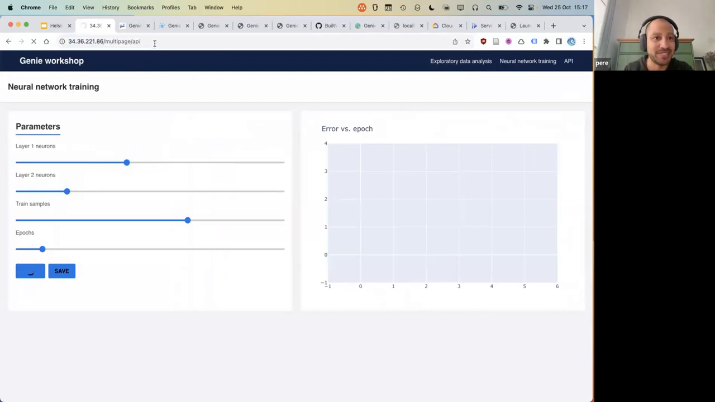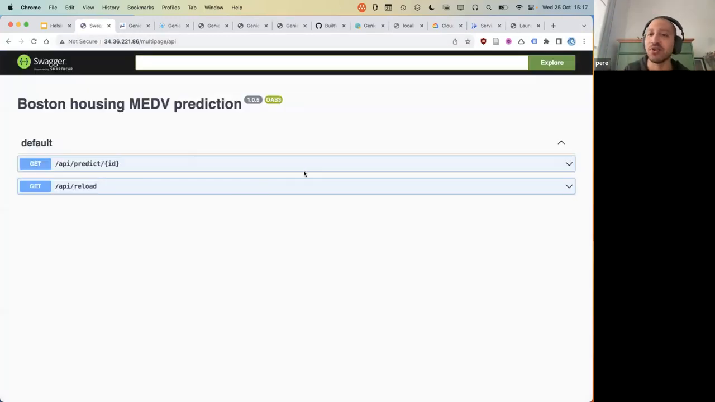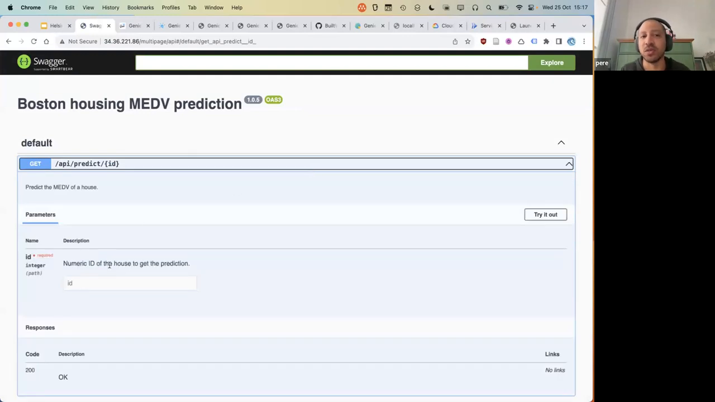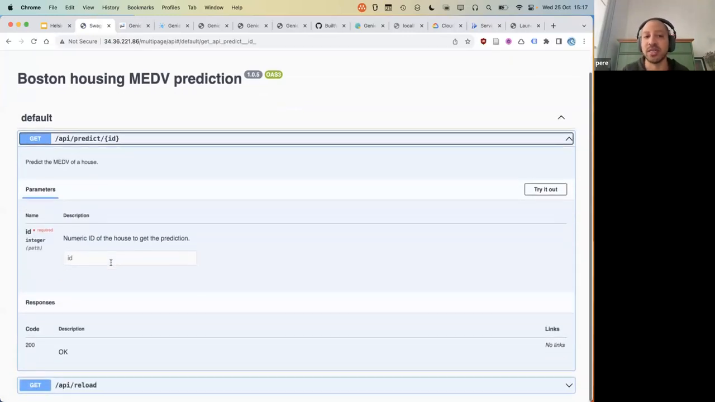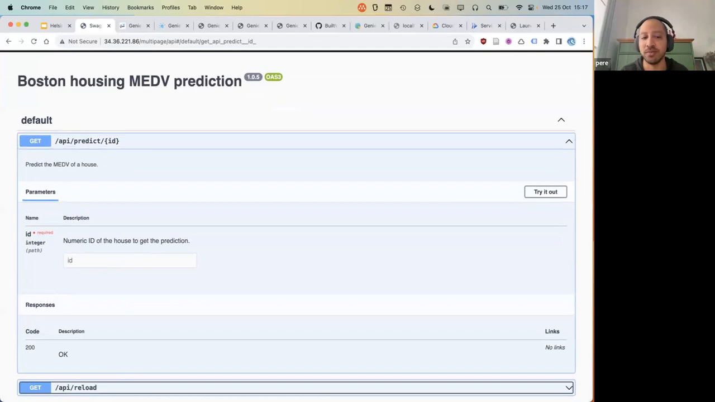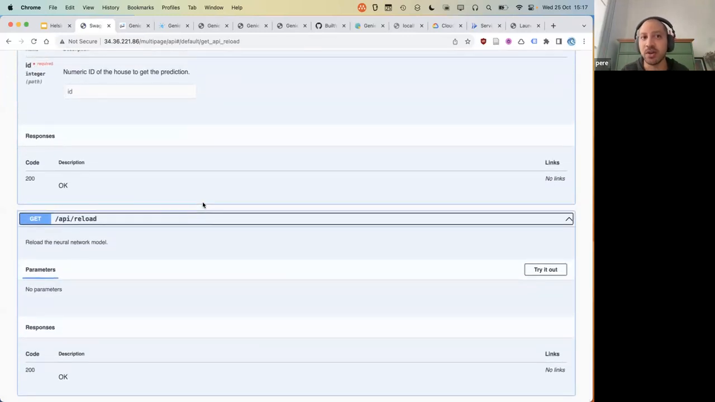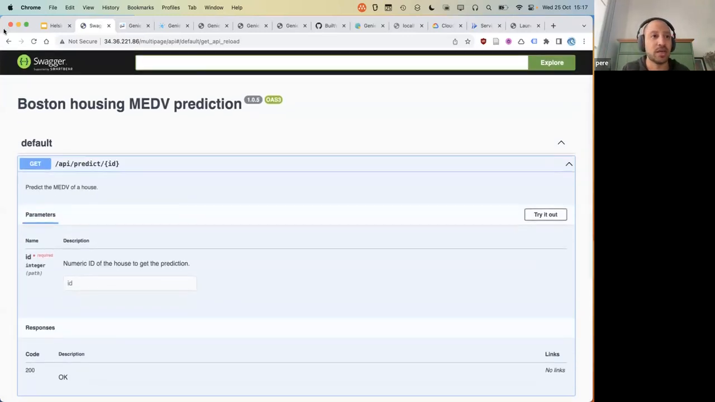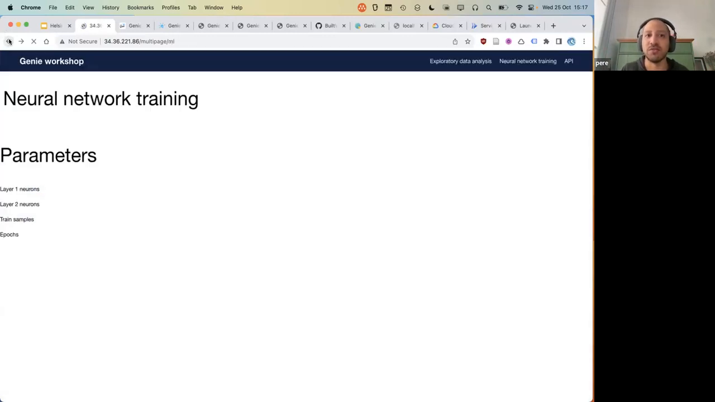Which is not loading, but it's okay. I will share the link afterwards and you can check it out on your own. But it's an API where you can make requests to the, now it's loading, sorry. We can make requests to the machine learning model to make new predictions. And it's automatically documented with Swagger, so you don't have to create a documentation page. But as I said, I will be focusing on the first